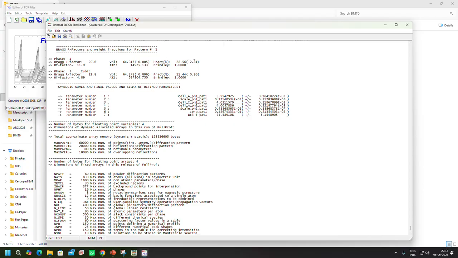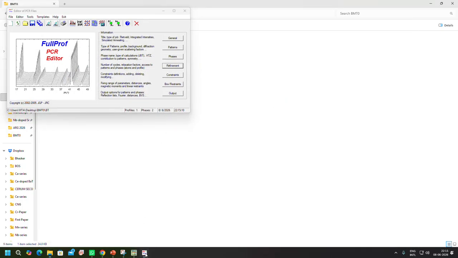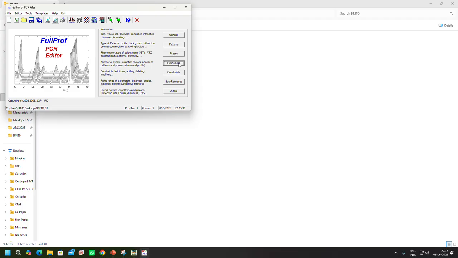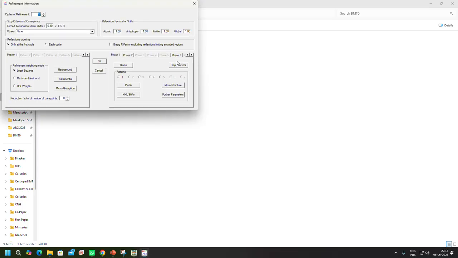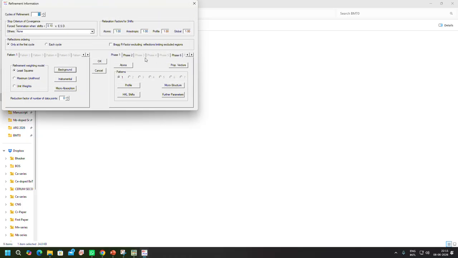So this is your phase 1 and this is your phase 2. So here you see this phase 1 is 88% and this is 11.44%. So in this way you can determine what is the fraction of tetragonal and cubic phase present in your XRD. Okay, so one by one you just refine it,